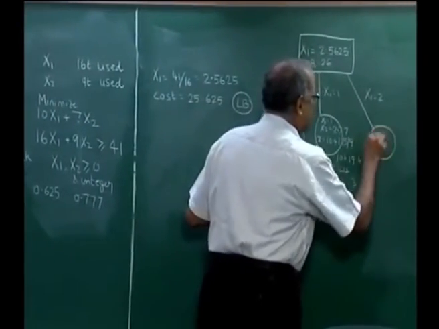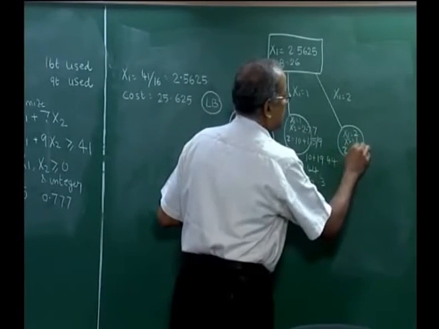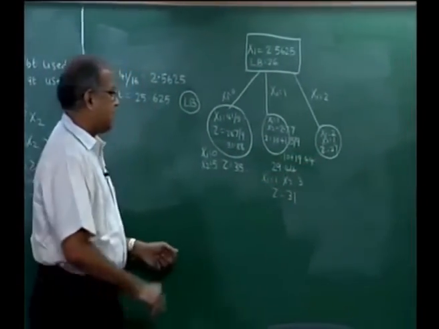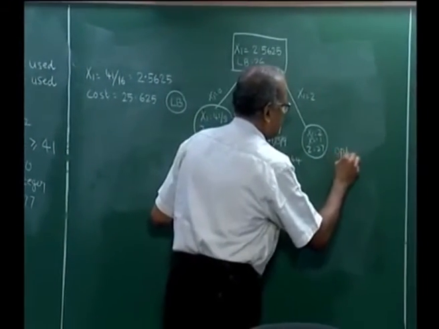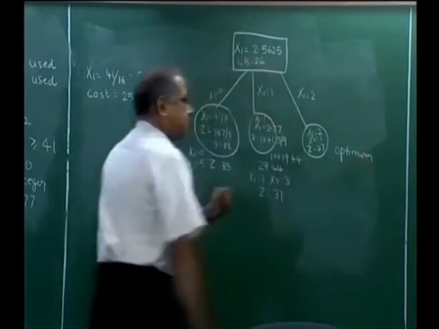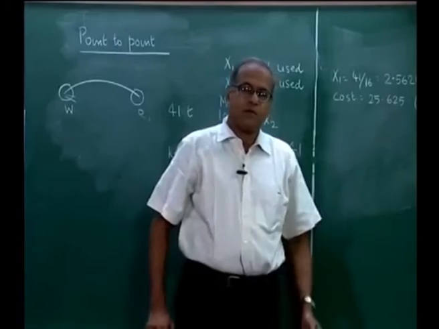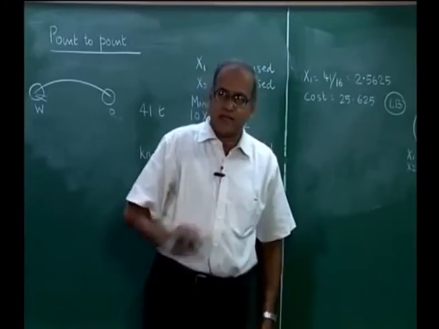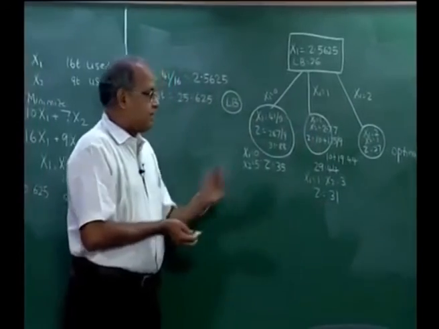Now x1 equal to 2 would give us x1 equal to 2, x2 equal to 1 with z equal to 27. So this is integer feasible, and this integer feasible is lower than both the lower bounds, and therefore it is optimum. Now the branch and bound algorithm that we have seen borrows ideas from lower bounds and upper bounds between LPs and IPs. So it involves certain operations research ideas, and right now I am just explaining it to show that it is actually optimum.